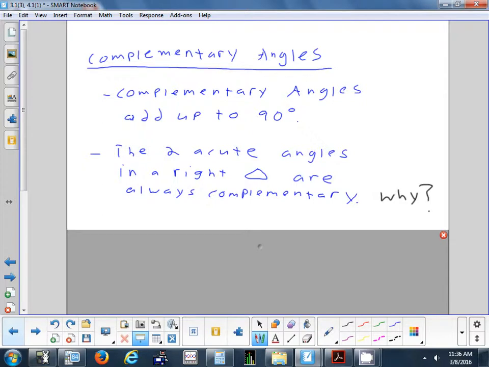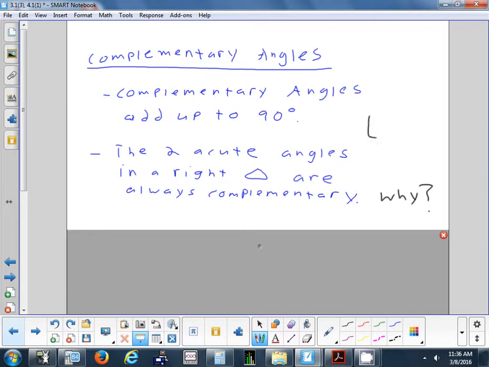My next statement says that if you look at the 2 acute angles, not the 90, but the 2 acute angles in a right triangle, they are always complementary. Why? Why would the 2 acute angles in a right triangle always have to be complementary? Because